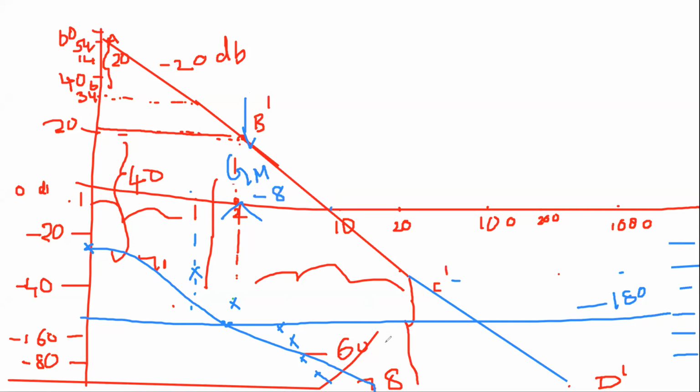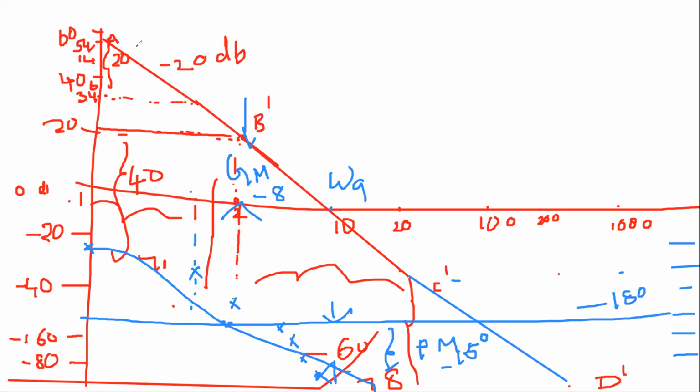Then finding out the phase margin, this is omega g. So what you do, you go down, and from here to here, some angle will be there because you know the angle lines. So whatever may be this angle, this is your PM, it is around minus 15 degrees. So in this case, because both are negative, it will be your unstable system. So that's what I said.